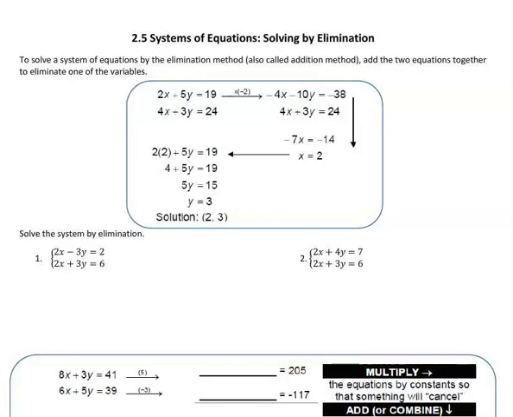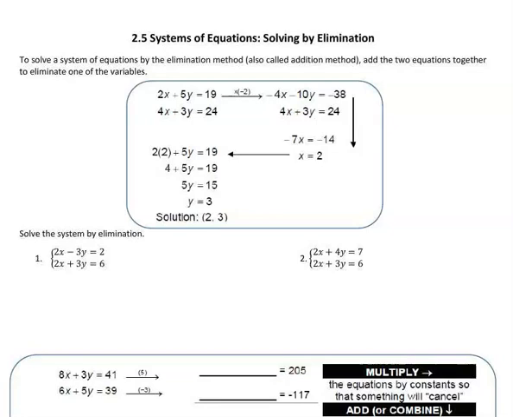2.5 Systems of Equations, Solving by Elimination. So we've already graphed systems and found the solution by graphing and finding the intersection that way. We've done it by substitution. The third way we're going to look at solving systems is called the elimination method. It's also called the addition method, and that's where, when possible, you can add two rows together and eliminate the